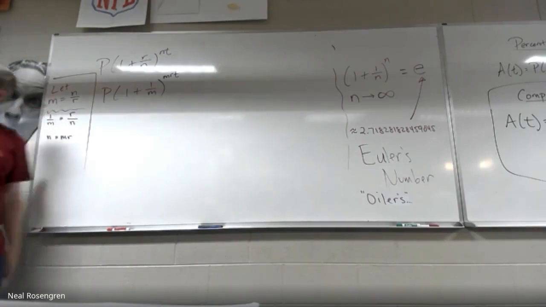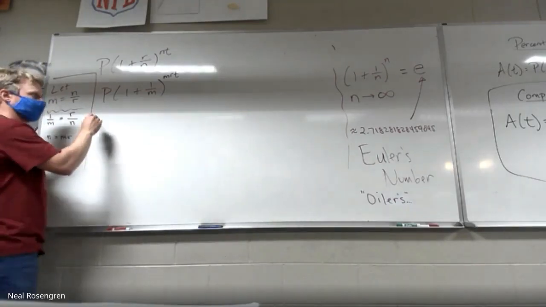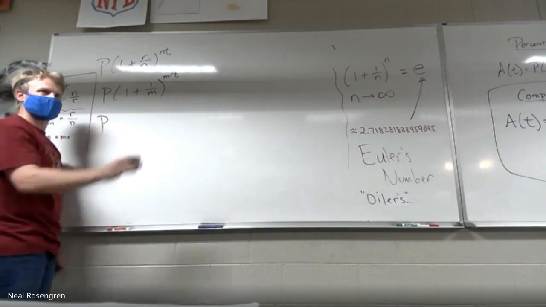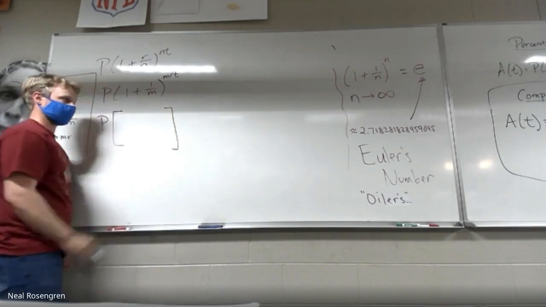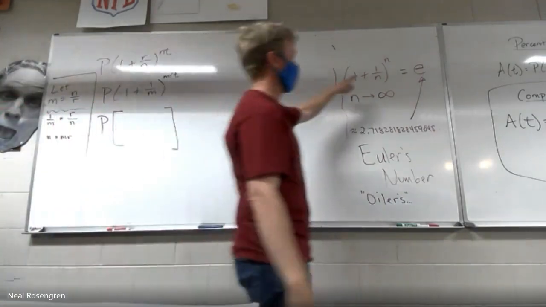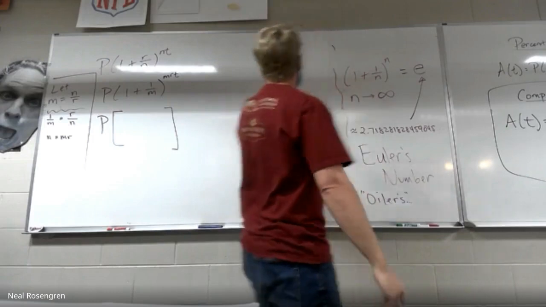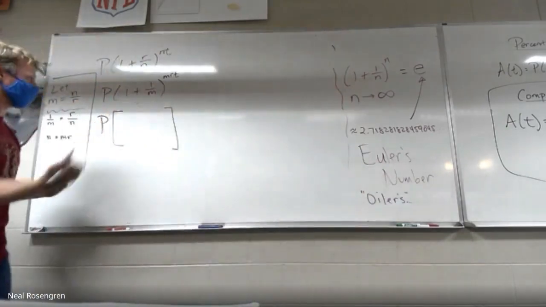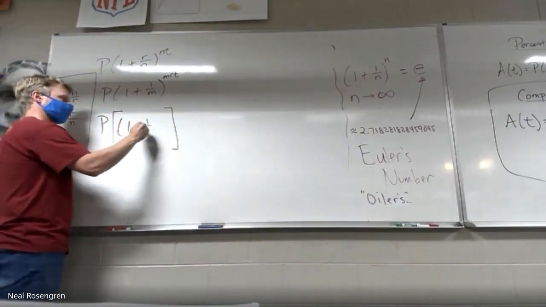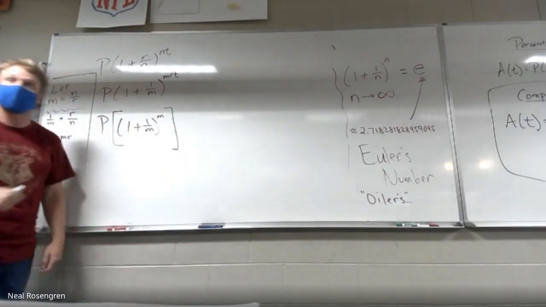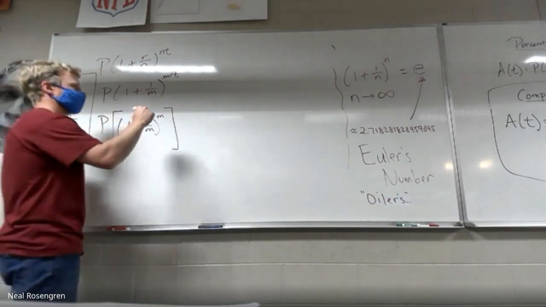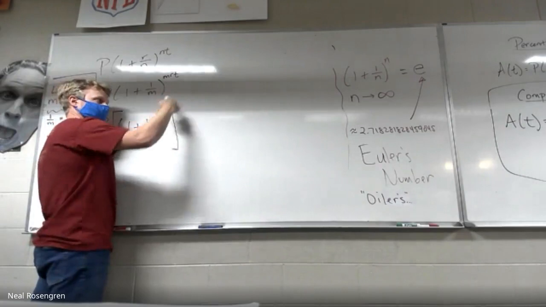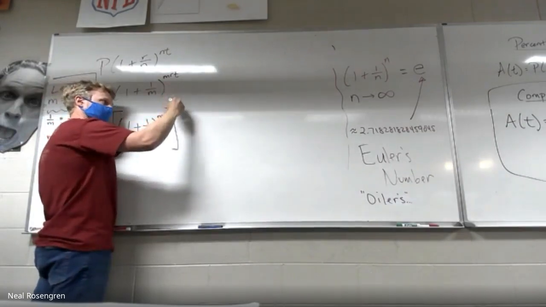Now watch this. This is where the craziness comes in. P, I'm going to isolate some stuff by just putting some big old brackets to help isolate whatever. I want it to look like this. But it's not n, I made that up, it's just m. Okay, fine. 1 plus 1 over m to the n. That's what I want, because that's going to be e when I let it happen. To the, up here, like higher brackets up here, rt.